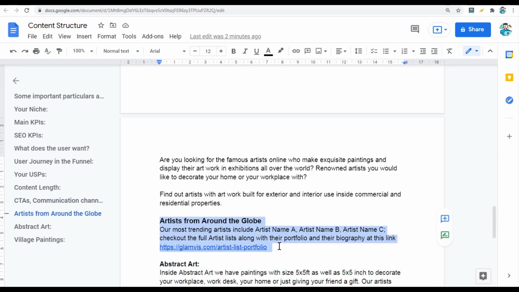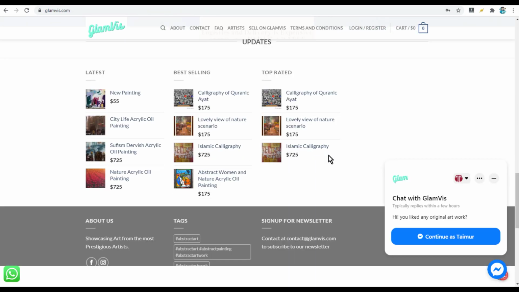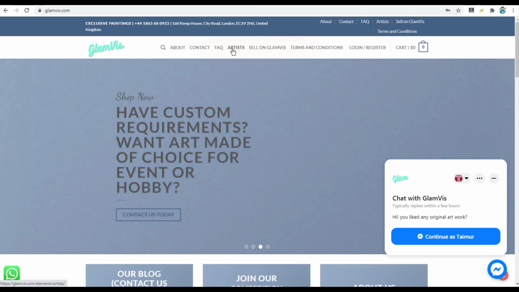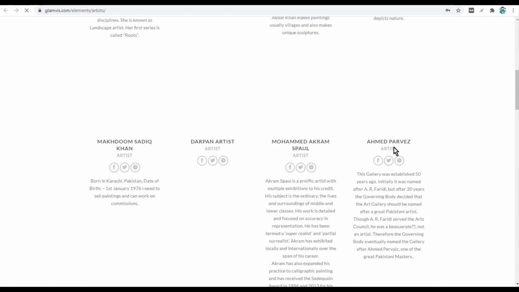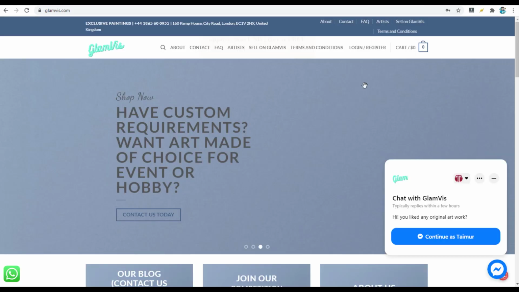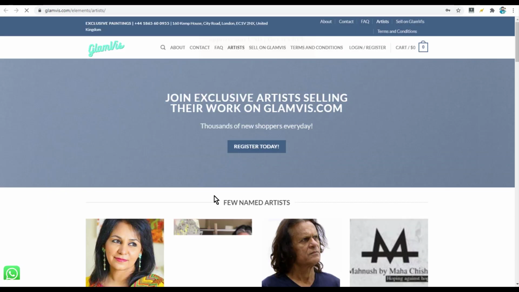Where does the artists content go? We don't have the artists here, so we can put that inside the artist page, or we can have a separate artist page, but most probably we can put it into this empty area over here.